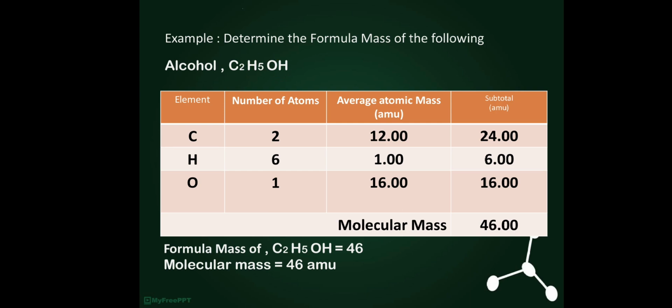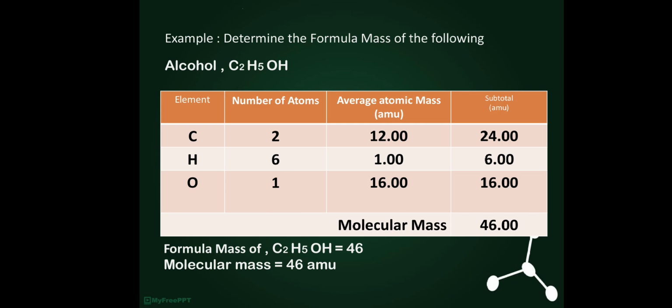So 6, let's add it to 1 hydrogen, kasi sabi ko nga, each element kahit walang subunits, there is an invisible 1. So the hydrogen here for alcohol is 1 plus the hydrogen which is 5 na may subunits, it is equal to 6. And oxygen which has no subunits, pero sabi ko nga, there is an invisible 1 and it will make us